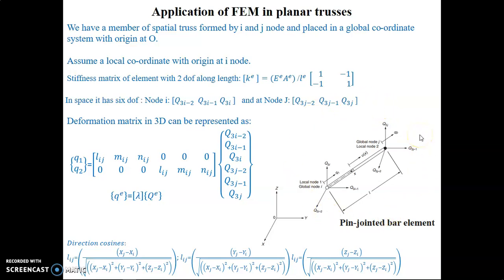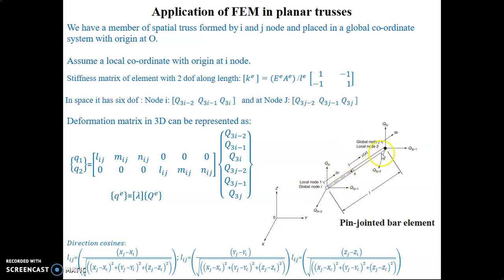Such truss structures in three-dimensional space are generally defined by using two coordinate systems. For the FEM analysis, one is known as the global coordinate system, which is common to all the members of the truss structure, and the other is the local coordinate system. The local coordinate system will be specific to each element or each member in the truss.